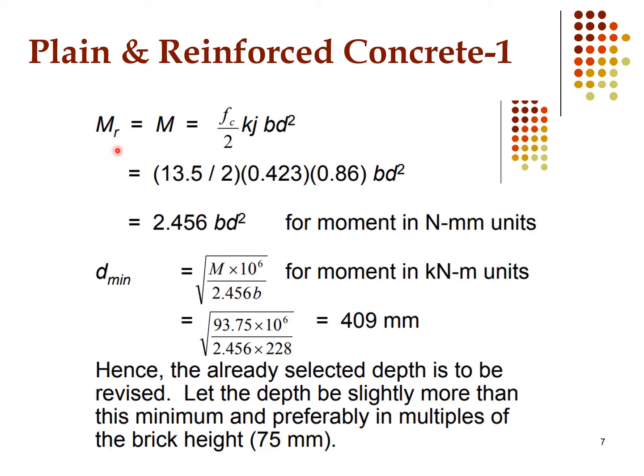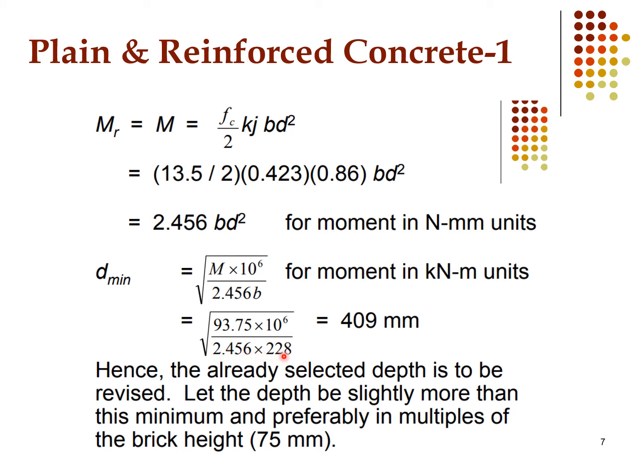Now resistive moment Mr is equal to Fc by 2 Kj Bd square. So Fc is 13.5 divided by 2, K is 0.423, 0.86 is the J, Bd square. So we will get Mr is equal to 2.45 Bd square. If we know the M resistance, we can calculate the value of D minimum. Now if we plug all the values, we know M, which is 93.75 into 10 to the power 6 to convert kilonewton meter into Newton millimeters. So divided by